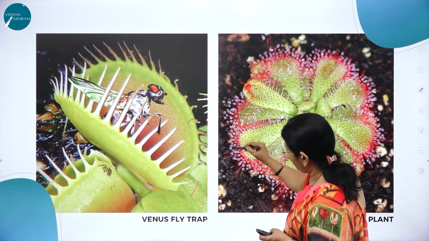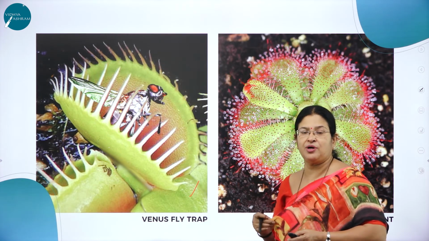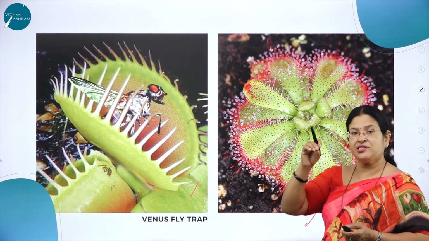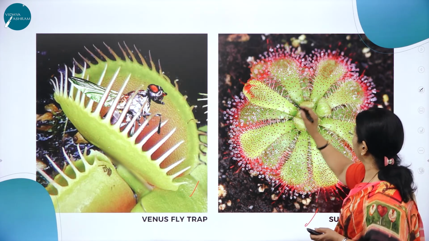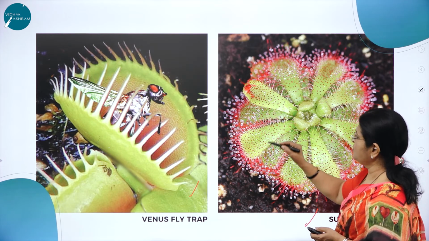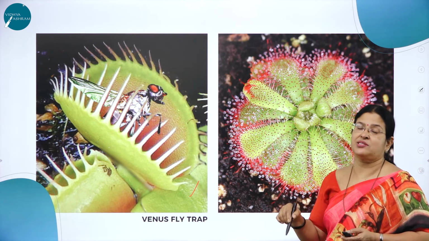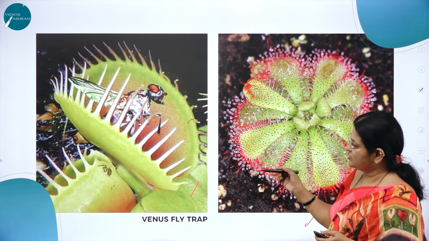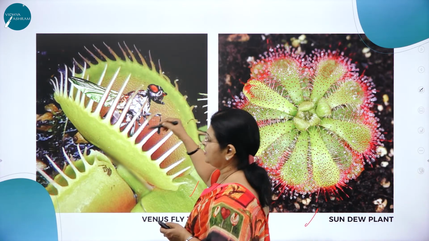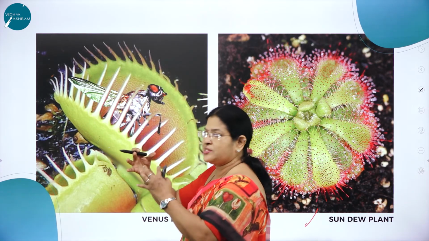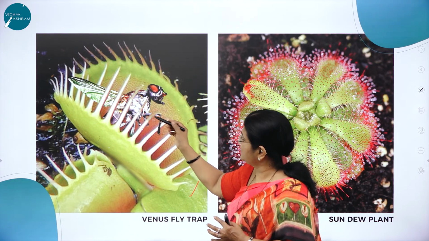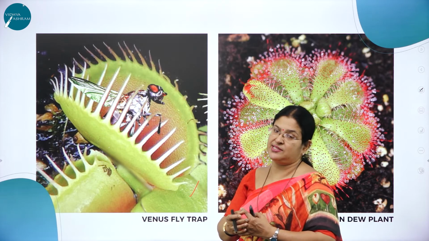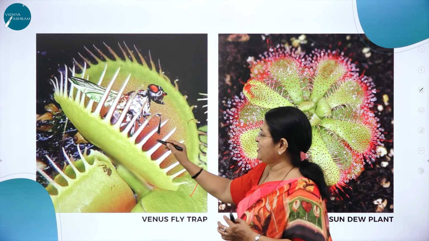Here you can see how the sundew. What do you mean by sundew? Early morning when you get up, you can see the water droplets, and those are called sundew drops. So in a similar way, you can see here. And this is one mechanism to attract the insects towards it. Here you can see the insect is already trapped in this. It has a locking system, and once the insects come and sit, it is locked inside. And as I said, it cannot escape from the clutches of